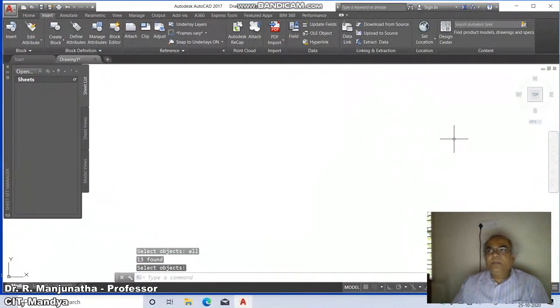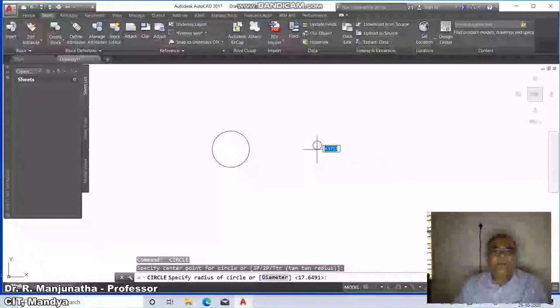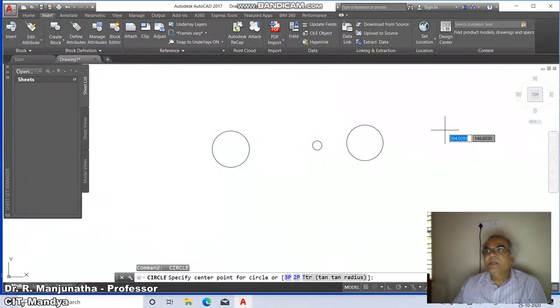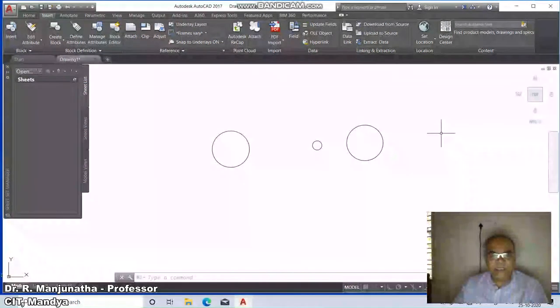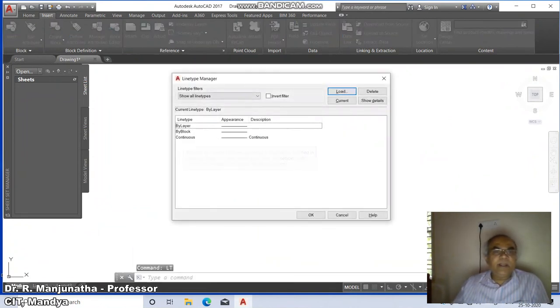And now we want to start with the line type. So whenever we draw an entity, it draws in continuous line type. Now we want to give a different line type. Suppose I want to draw a hidden line. In the drawing, we are going to have hidden edges. So similarly, here also we can draw a hidden entity, a center line, a dash dot line. We can draw all the different types of line types. First, we are going to type linetype. So by default, we will always have the continuous line type.